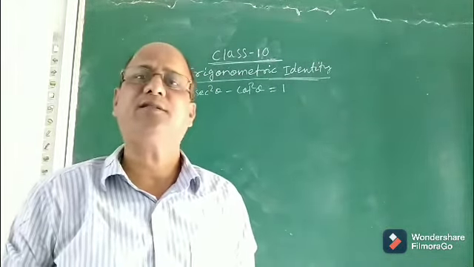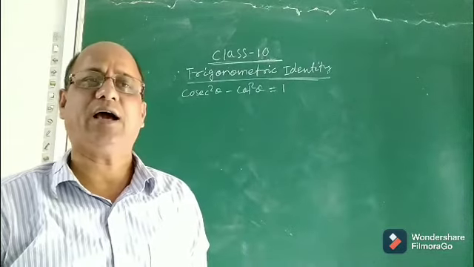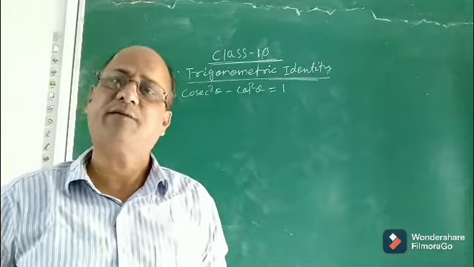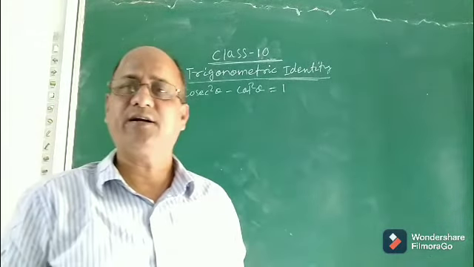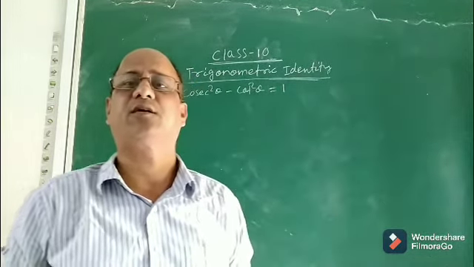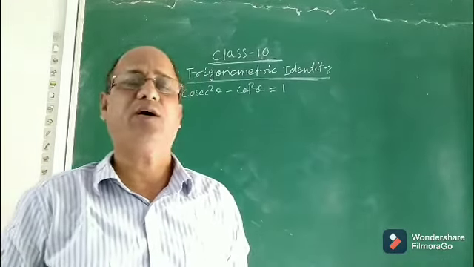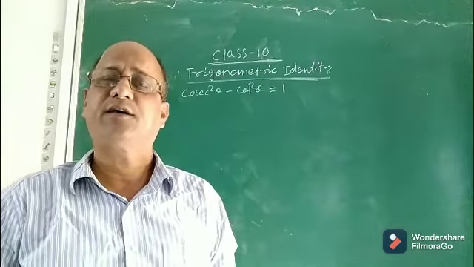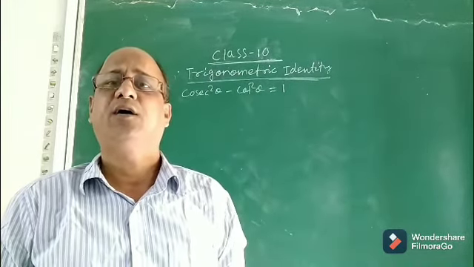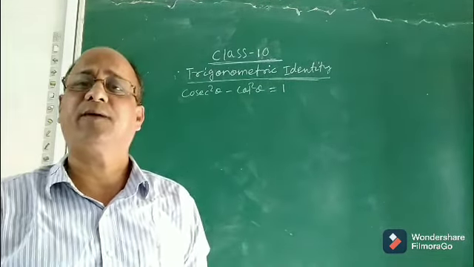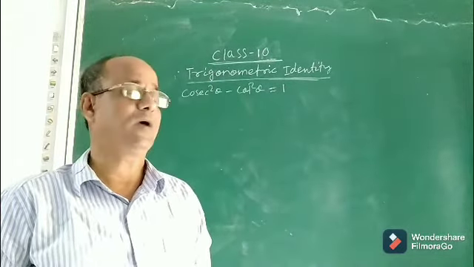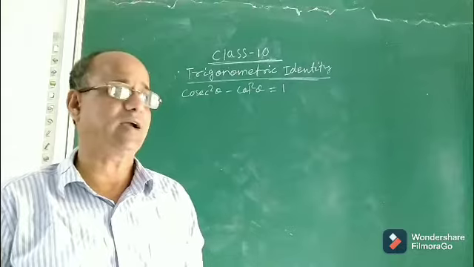Children, today let us complete the trigonometric identity part. Already I have discussed two main important identities in the previous class and different sub-identities also. The first identity was sin square theta plus cos square theta equal to 1. The second identity was sec square theta minus tan square theta equal to 1. I discussed everything in detail, their proof, geometrical proof as well as by taking different examples. I had explained the two different trigonometric identities.